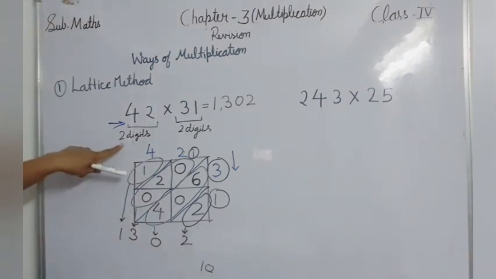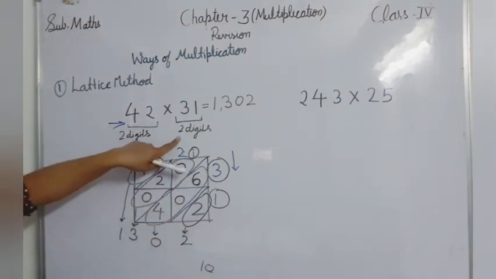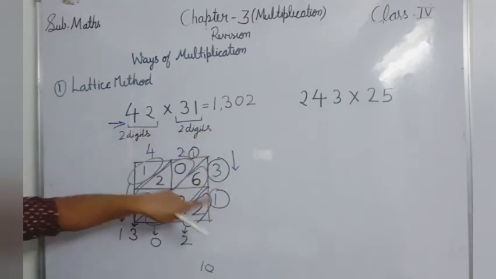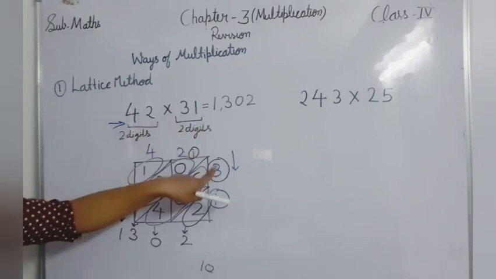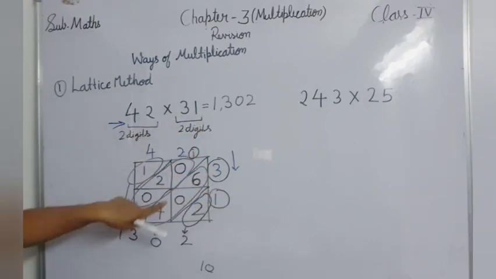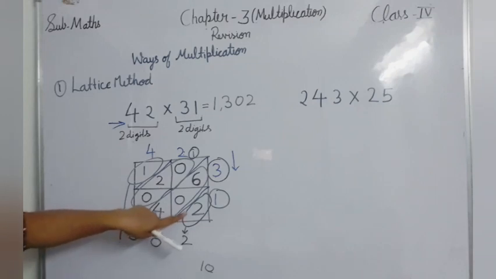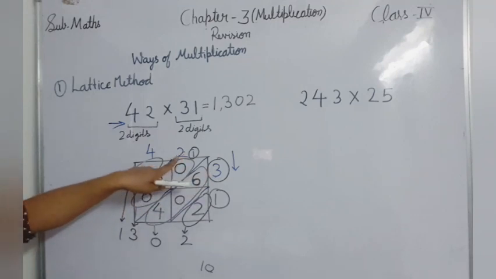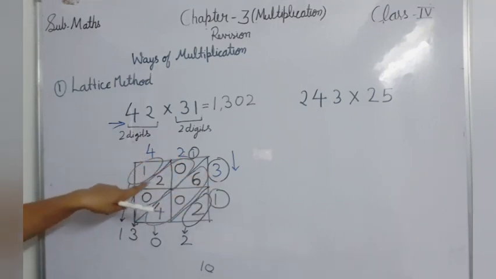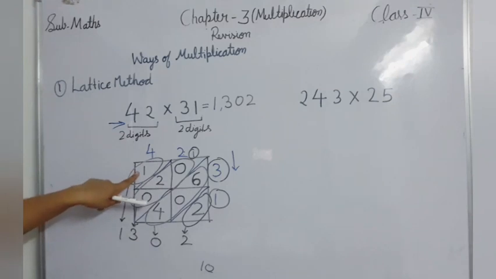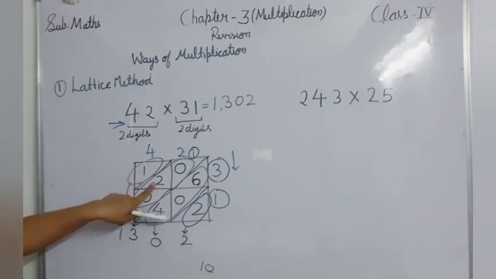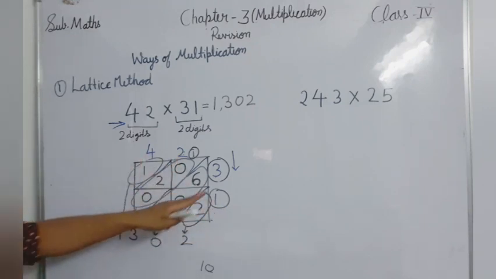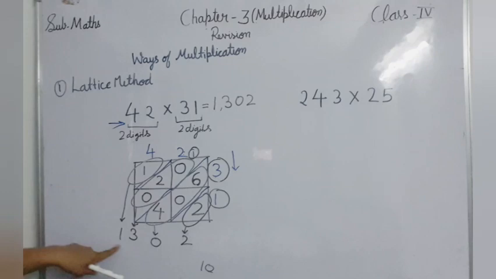Again I am repeating. First we need to draw the box. It depends on how many digits are there. Now we have to write the numbers left to right, top to bottom: 4 2, 4 2, 3 1, 3 1. Now multiply them. Each box we need to divide into two parts. Then we have to multiply. Take the first number and multiply with both numbers. 3 multiplied by 2 is 6. 3 multiplied by 4 is equal to 12. If there are 2 digits, we write one number upside and the second one downwards. Now we take the next number. In the same way we multiply the numbers and diagonally we add them. You will find the answer.